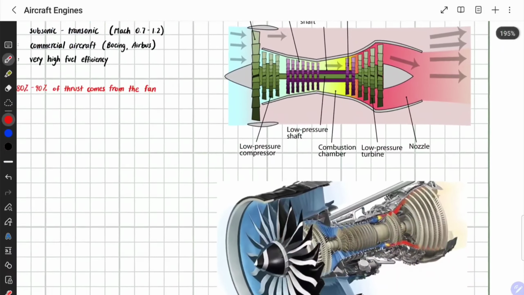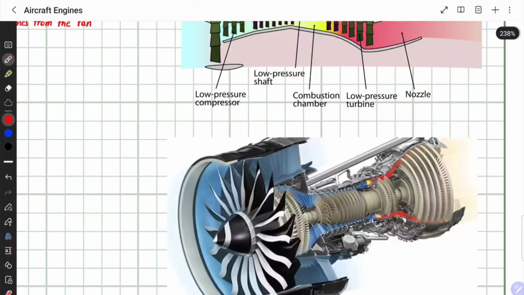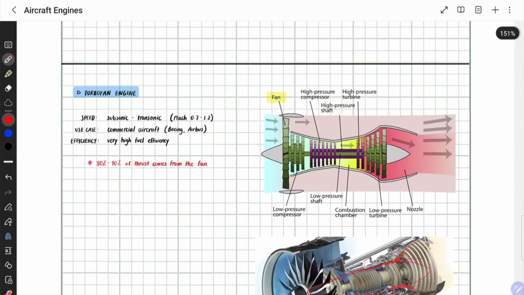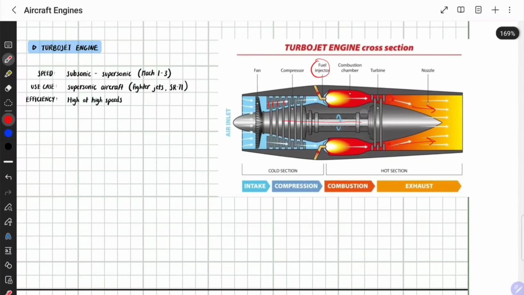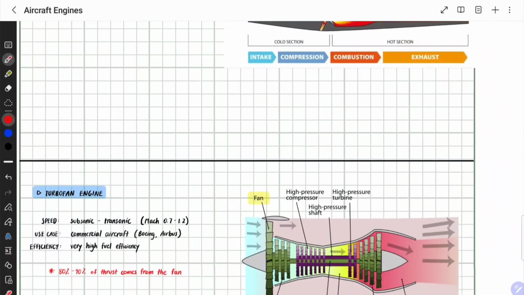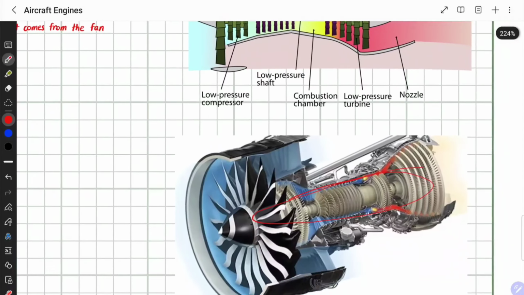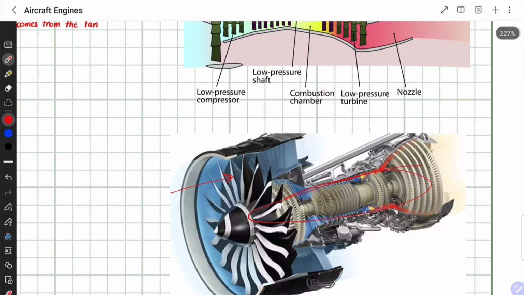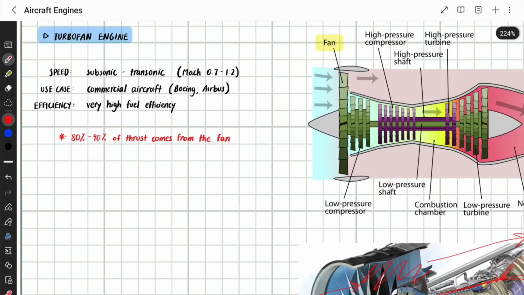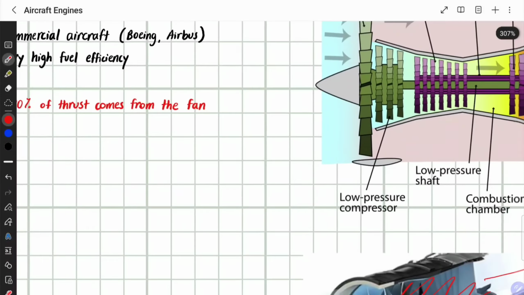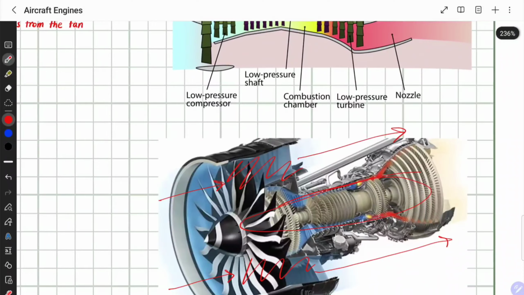So this diagram shows it a lot better, but this whole midsection here, you can see how that's pretty much this turbojet engine here with a smaller fan. And we have an addition of this bigger fan, which captures most of the intake air from the surrounding volume. So all of this here is intake air that gets bypassed. And so 80 to 90% of the thrust comes from just the fan, and a small portion of the air actually enters the core stage